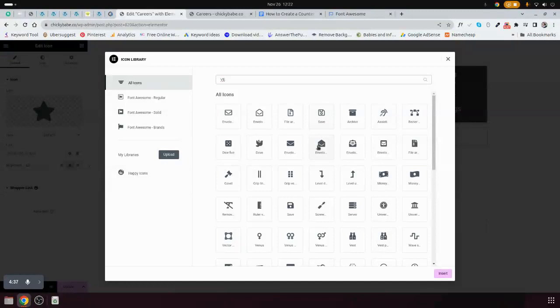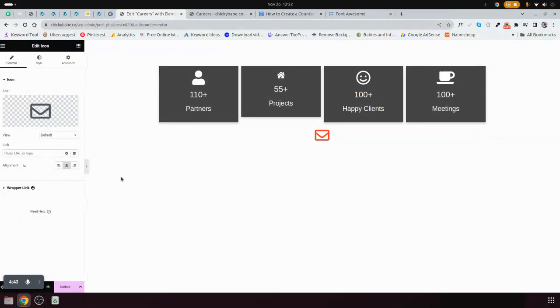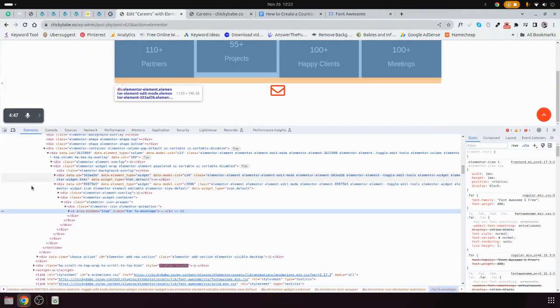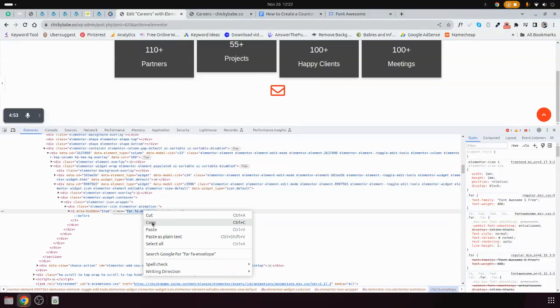Or you can say anything like this. For example, let us take that one. You close this, then you inspect this. After you have inspected, you'll find that the class ID is here. Just copy this class ID,